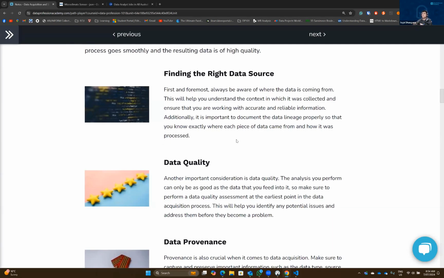And sometimes, like most of the time, you won't be working with one data alone. You probably will be working with a lot of different data coming from a lot of different sources. And when you are dealing with a lot of different sources of data coming from lots of different places, you need to have a documentation, and it's called the data lineage document. For example, this data is coming from ADS. This data is coming from data WA. This data is coming from somewhere else. You have to have a proper documentation of that lineage so that